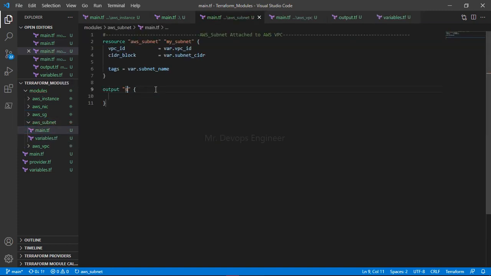Output subnet ID, and here just pass the value. Value equals to aws_subnet.my_subnet.id. Okay, let's copy this name.